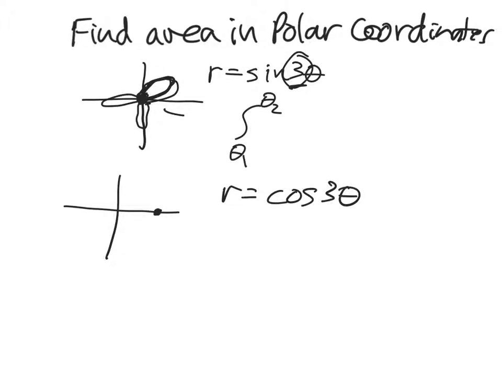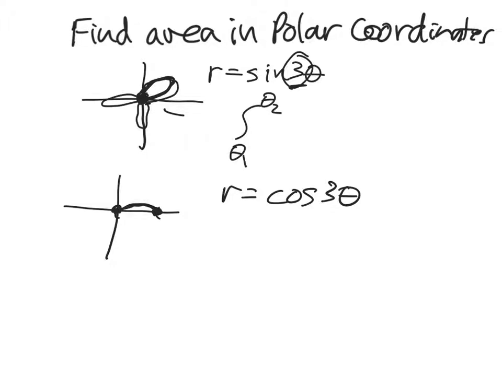Well, if theta is 0, r is going to be 3. So this one, you go from 0 to pi over 6, I think, will get you back here. That's only half a petal. And then it kind of goes, let's see, I can't remember exactly how it sketches out, but